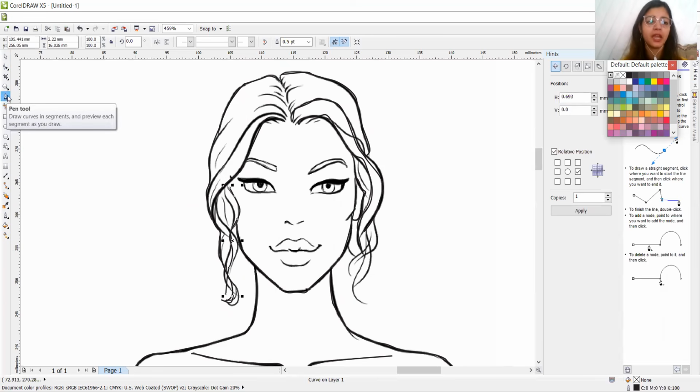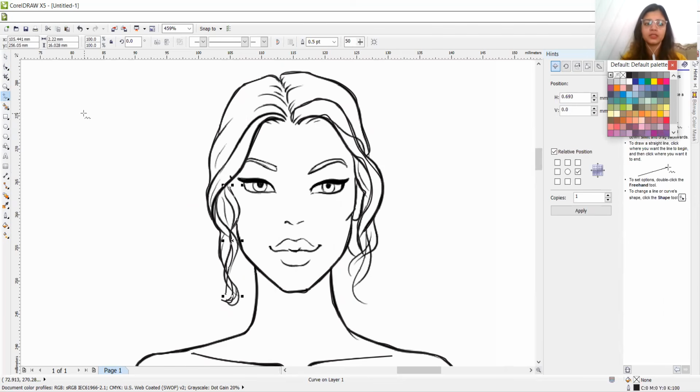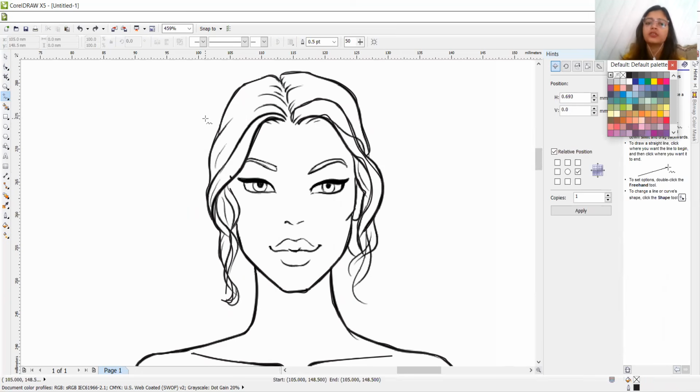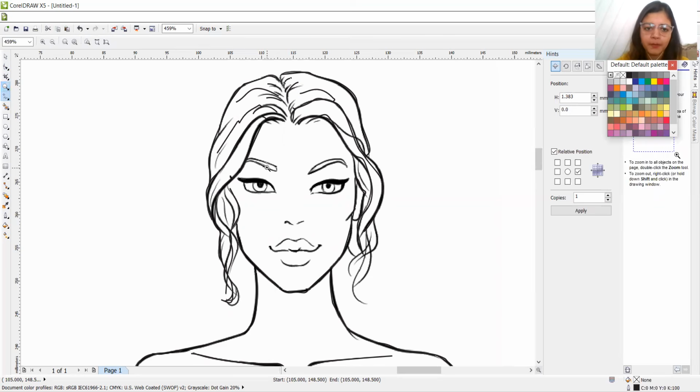Also, one thing to keep in mind, if you want to use the freehand tool, you can freehand draw anywhere you want. So hair is a messy thing. For short hair, you can just make it randomly with the freehand tool. That is good to handle and easier. It's time consuming otherwise, so you can add lines randomly and then shape them. How's it? This is much easier than the pen tool.